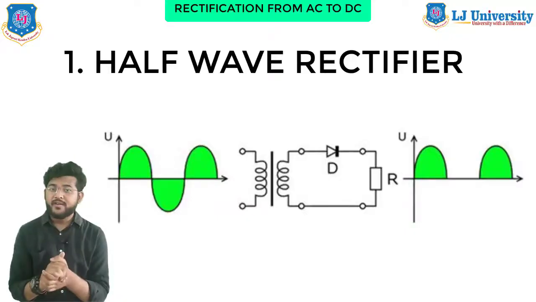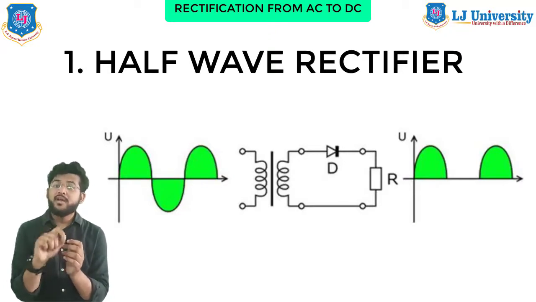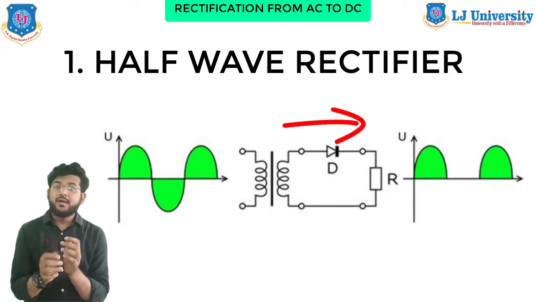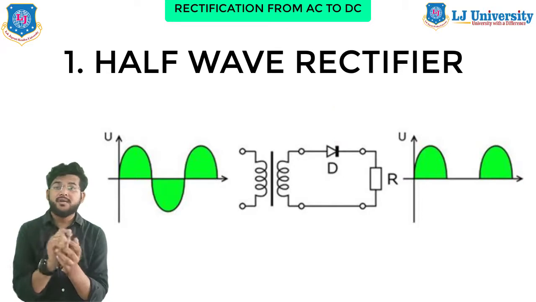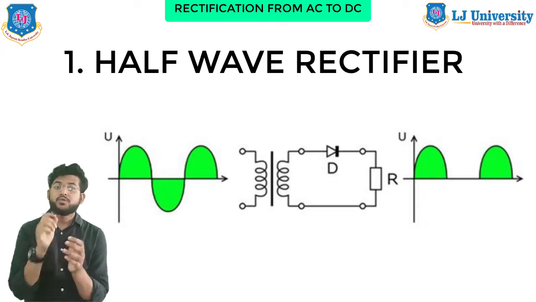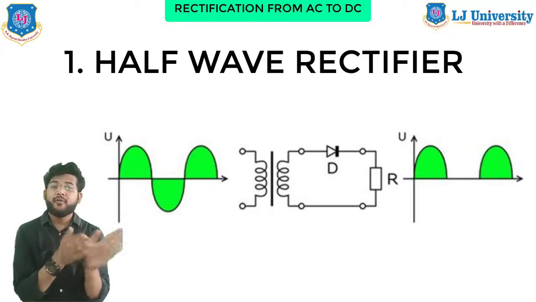Half wave rectification. So what is that? A diode is like an electronic valve which allows only one direction of flow of the current and blocks the current if flowing from the other side. So using one diode we can achieve half wave rectification. This means that only the positive cycle appears on the output. There is no negative side on the output. You can see that in the figure also. So this is the half wave rectification.